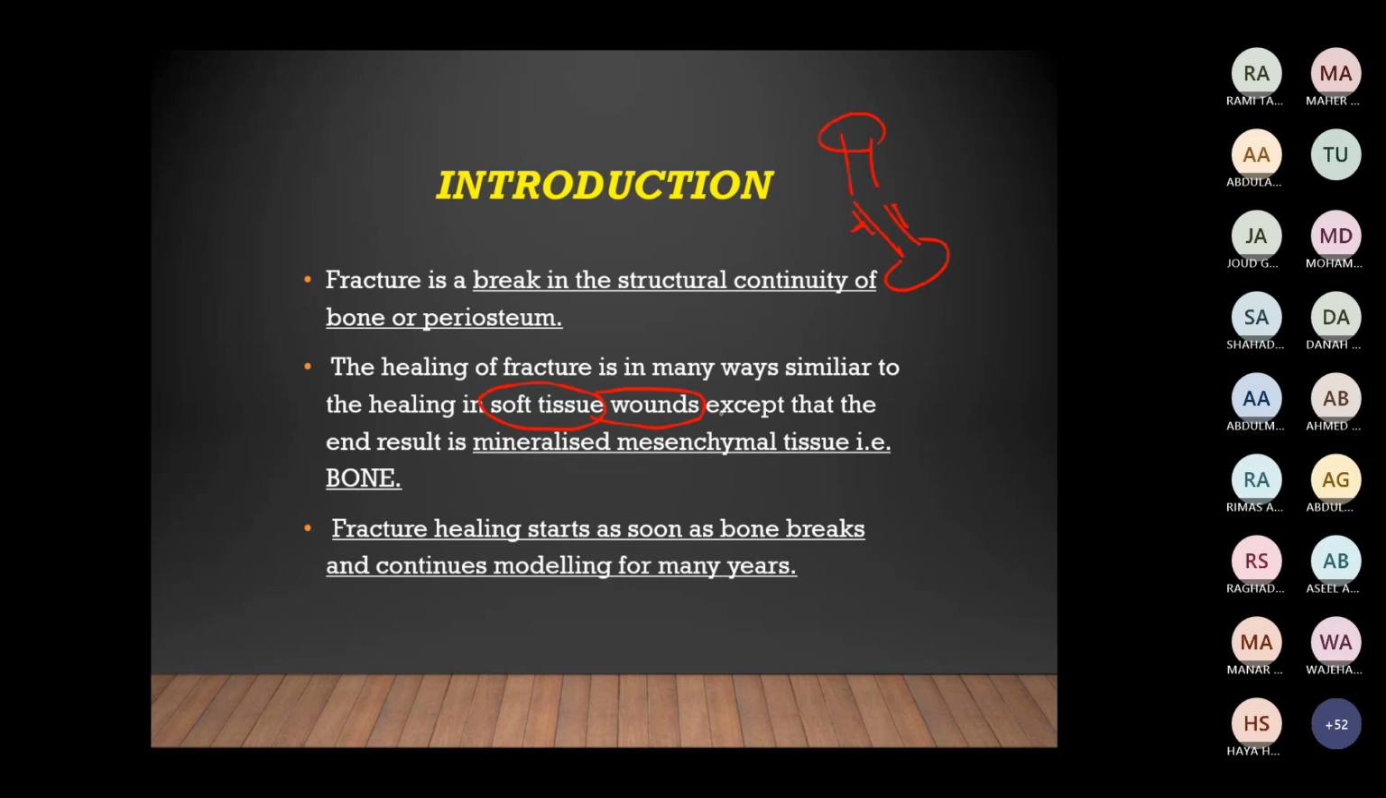Almost similar, but the terms are different, except that the end result was a scar. In wound healing, here it is mineralized, that is calcium plus phosphate mesenchymal tissue called bone. Fracture healing starts as soon as the bone breaks, and immediately it starts and continues modeling. We call it remodeling. Remodeling goes on for many years, and it becomes stronger and stronger over a period of time. As an introduction,